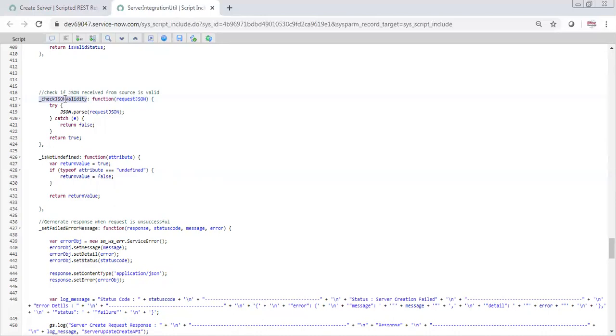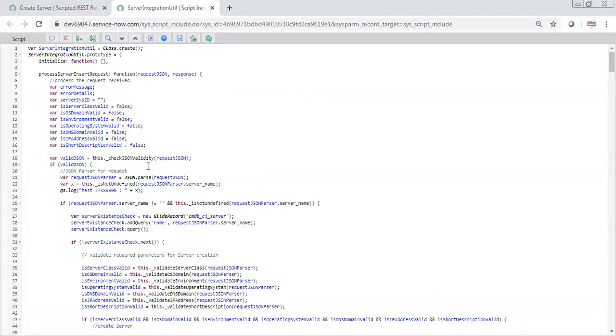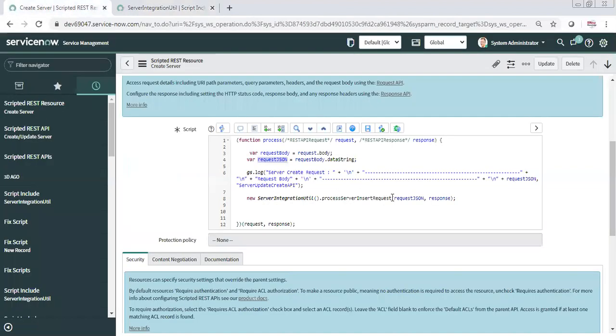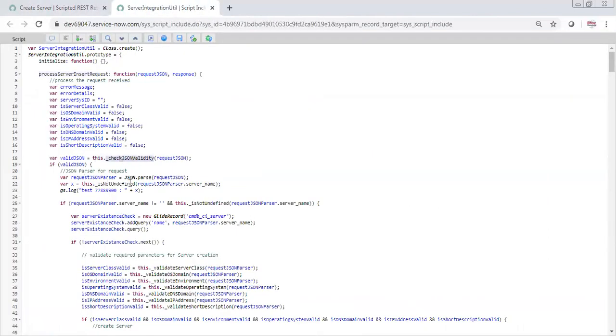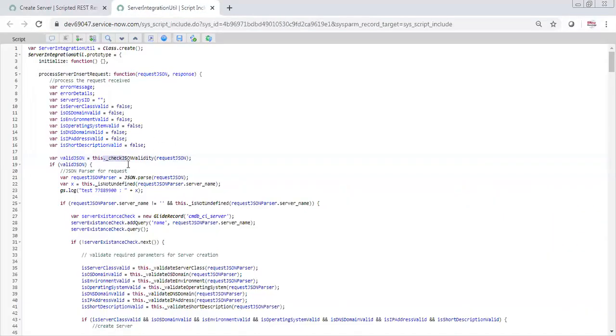So this is the function name, and if you see, that is what I am calling here. Right, same name. So this is how we call a function inside the script include. This is a function which was called by this resource, and inside that I am again writing a function which I am calling. So this underscore, do you see it here before this name? But here I didn't put the underscore. This is again a function, and this is called a private function.